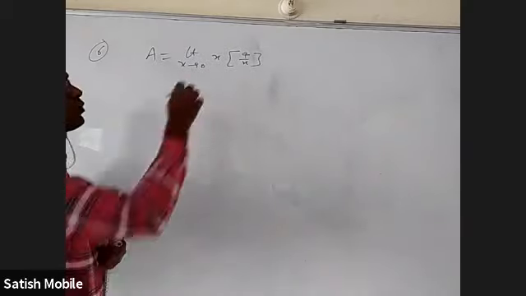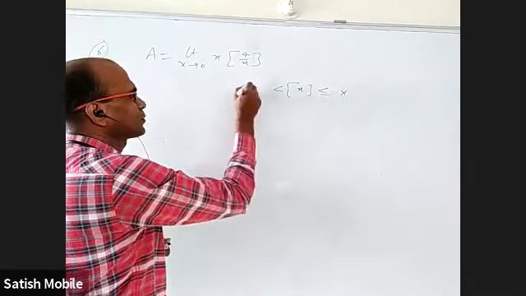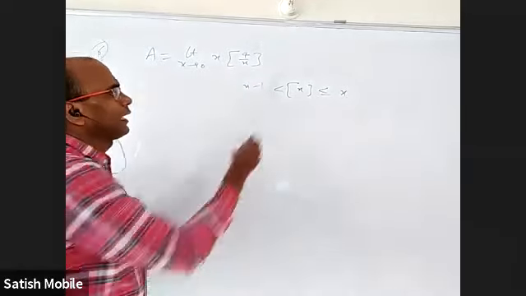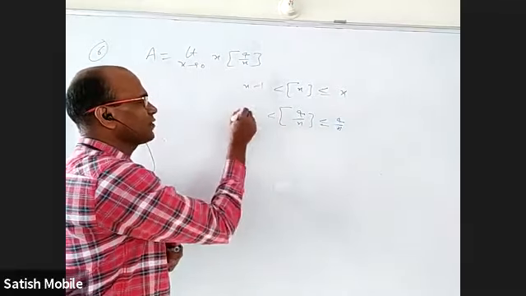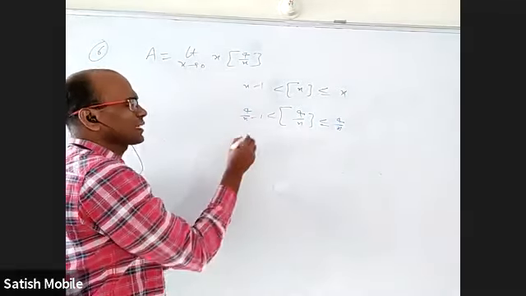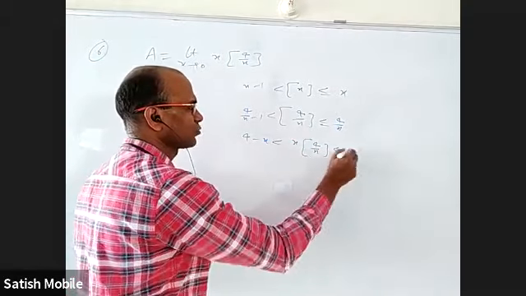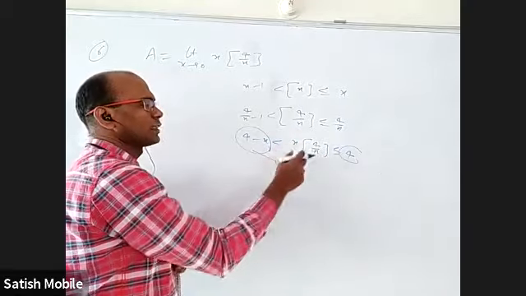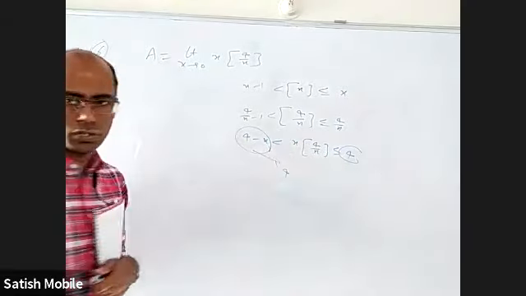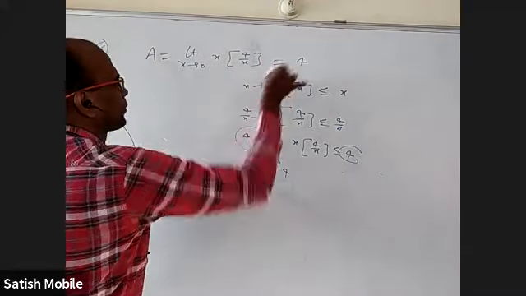Okay. How to write the solution? We know integer part of x should be between x and x minus 1. Replace x with 4 by x, it should be between 4 by x and 4 by x minus 1. Multiply with x, you get 4 minus x less than x into integer part of 4 by x less than or equal to 4. At 0, this is also tending to 4, this is also 4, this has to be between them. So this limit is also 4 by sandwich theorem. Okay. So this is 4 directly now.